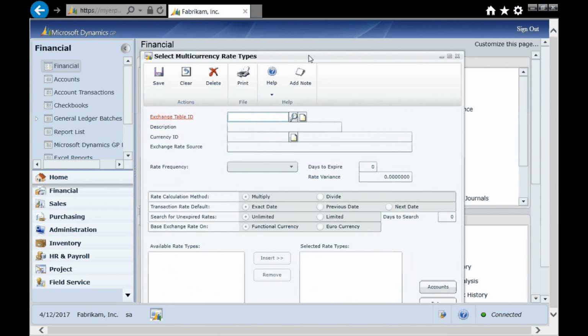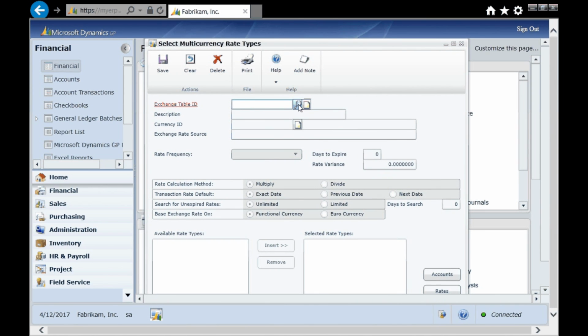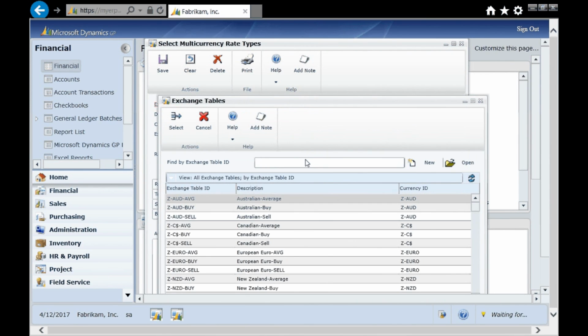Here I've got exchange tables in my system, and let's look up one for the Canadian dollar here. You can see I've got 3 associated with the Canadian dollar. If I'm buying the Canadian dollar, I'm selling it, or an average, I'm going to use this exchange table, which then I can assign to a particular rate type and a particular type of transaction. So for example, if I opened up the Canadian average